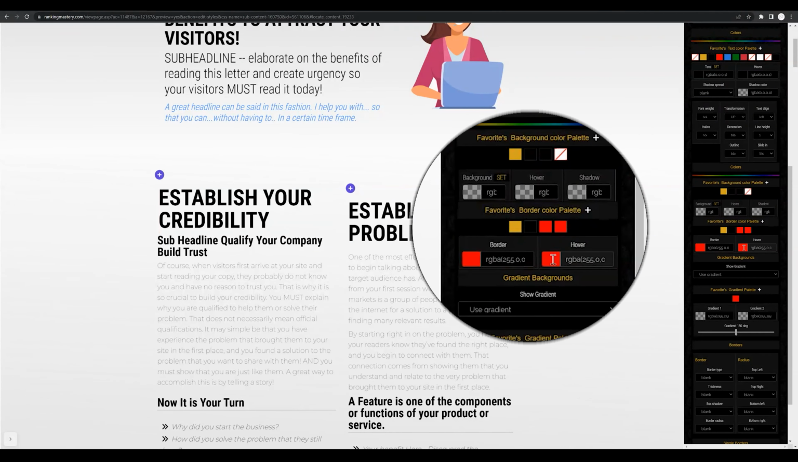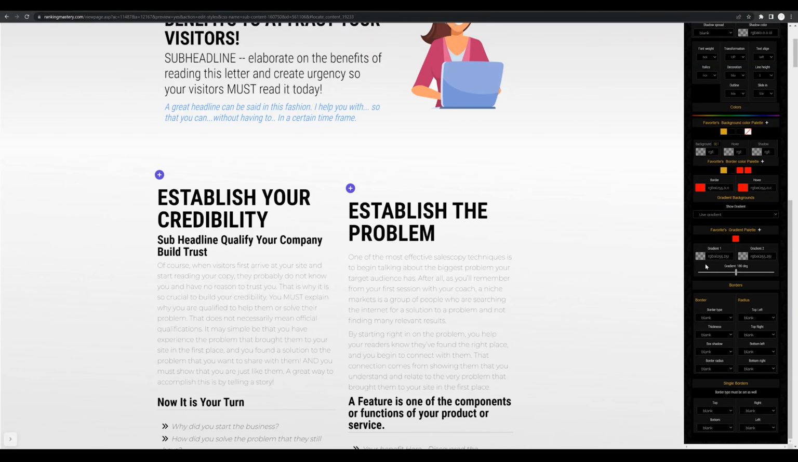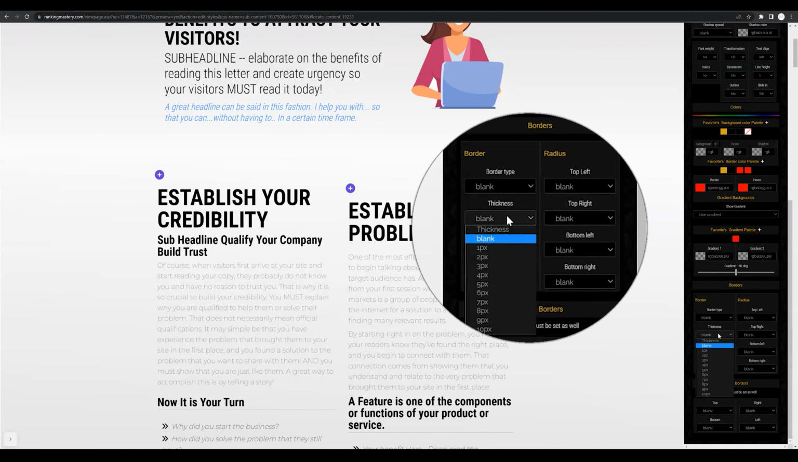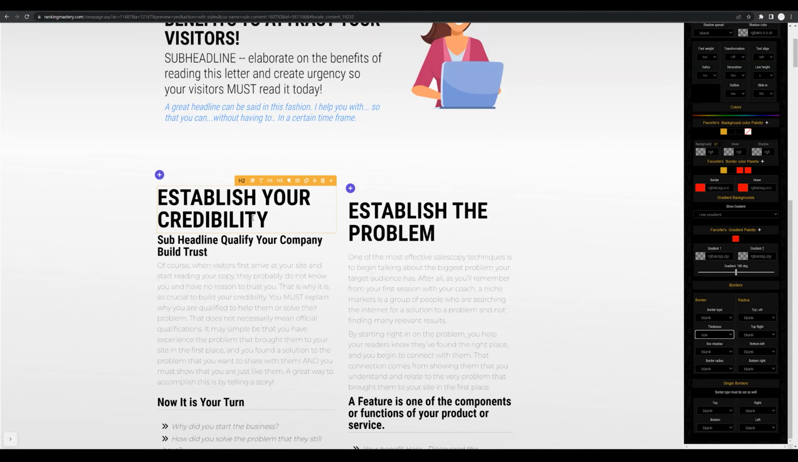You can also change the hover color of your border if you would like the color to change whenever you hover over the text. Now the next step is we're going to need to give our border some thickness for us to be able to see it. So we're going to want to come down to the border settings, select thickness, and let's go ahead and increase this to 5 pixels. Keep an eye on our text here on the left-hand side of the screen as we